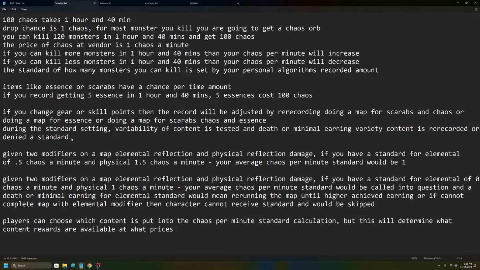And so with resonators, let's just say for an example, being something that you run really well, and so you can buy more of them. But then let's say the scarabs, you don't run maps that well, so the scarabs would be more expensive,